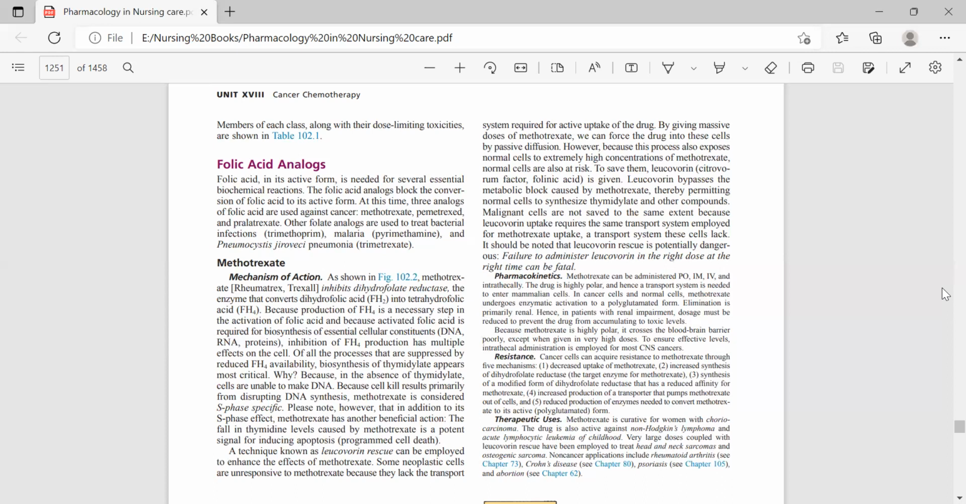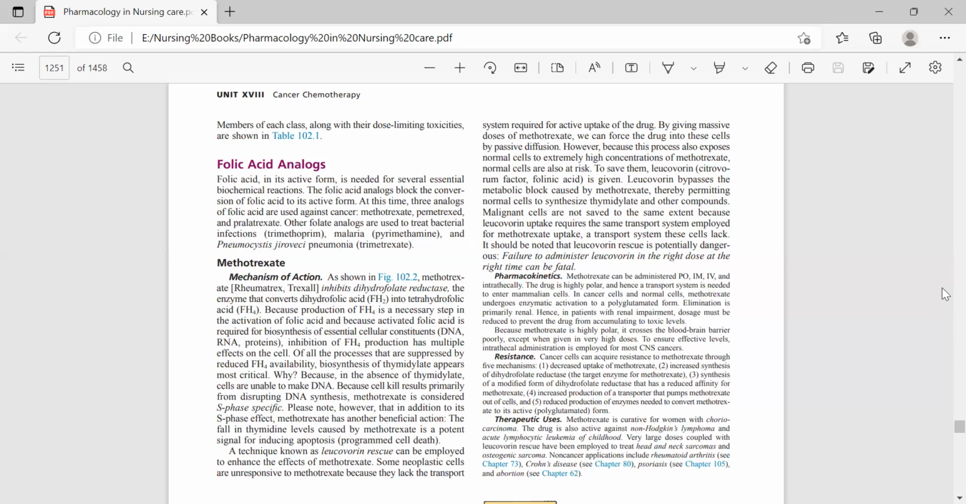The pharmacokinetics of methotrexate: it can be administered orally, intramuscularly, intravenously, and intrathecally. The drug is highly polar, and a transport system is needed to enter mammalian cells. In both cancer and normal cells, methotrexate undergoes enzymatic activation to a polyglutamate form. Elimination is renal, so in renally impaired patients, doses must be reduced to prevent the drug from accumulating